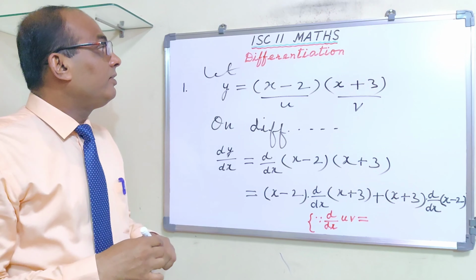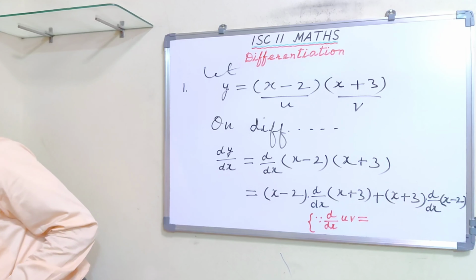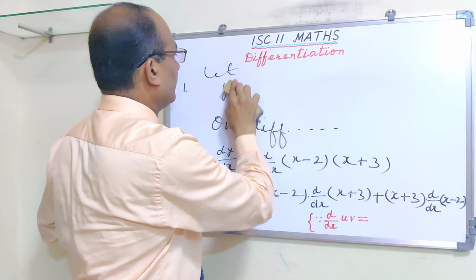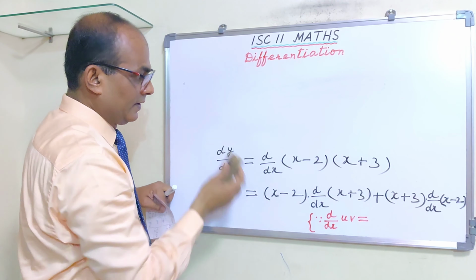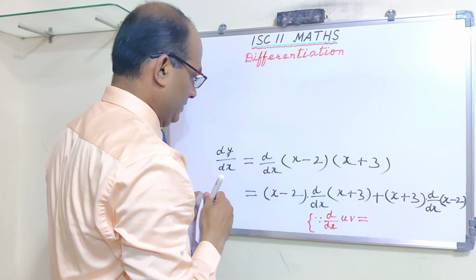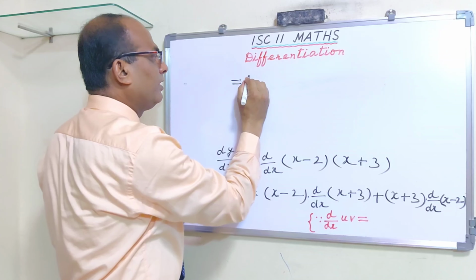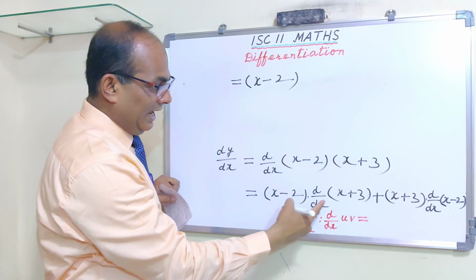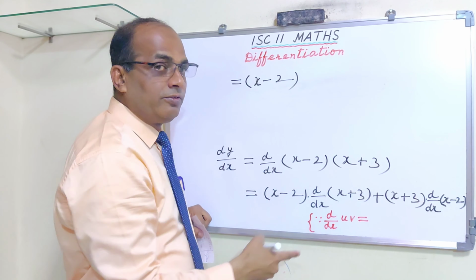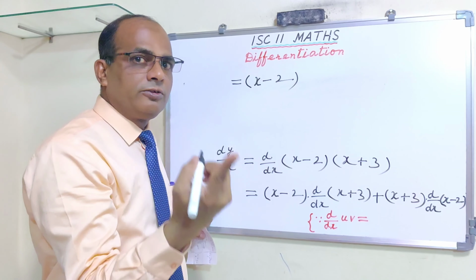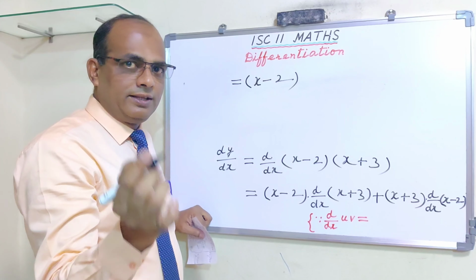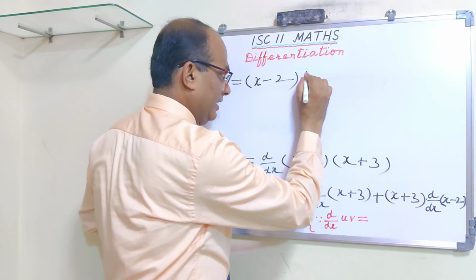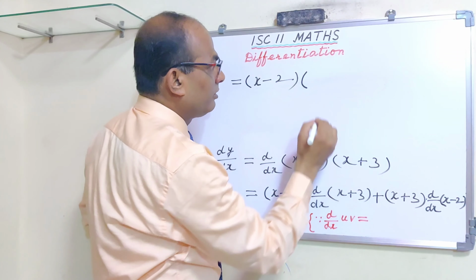Alright. Now this is equal to x minus 2. I am writing x minus 2 and d/dx of x is 1. We can apply the formula d/dx of x raised to the power n, but I am not going into that much detail. Directly you can write down d/dx of x is 1. Alright, so d/dx of x is 1